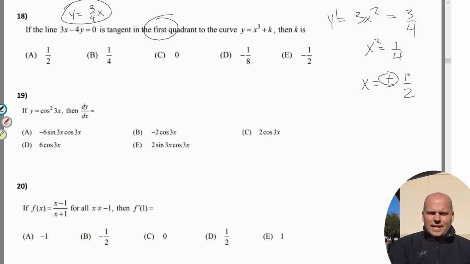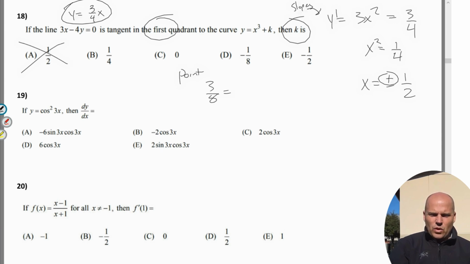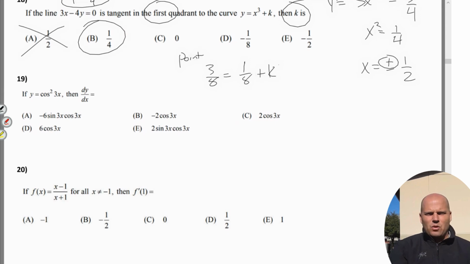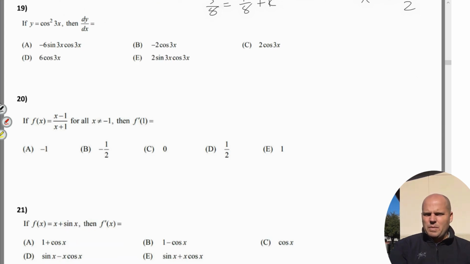Now, we got this x coordinate. I don't want to select 1/2 because I'm trying to find k. Well, how do we find k? The other thing that they need to share, this is them sharing slopes, but they also need to share a y coordinate point. So when x is a half, y is 3/8. When x is a half here, y is 1/8 plus k. K has to be equal to 2/8, which is 1/4. And that question's a little bit on the upper level of difficulty,